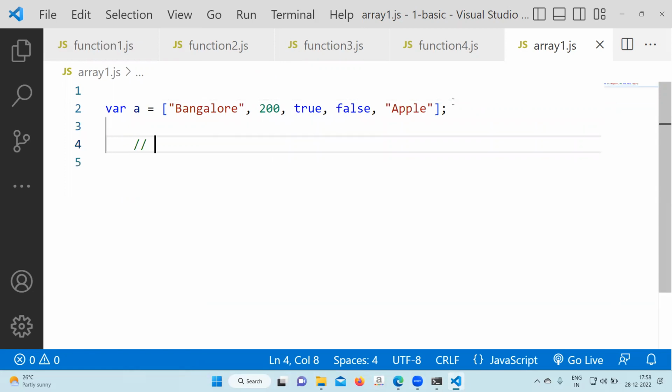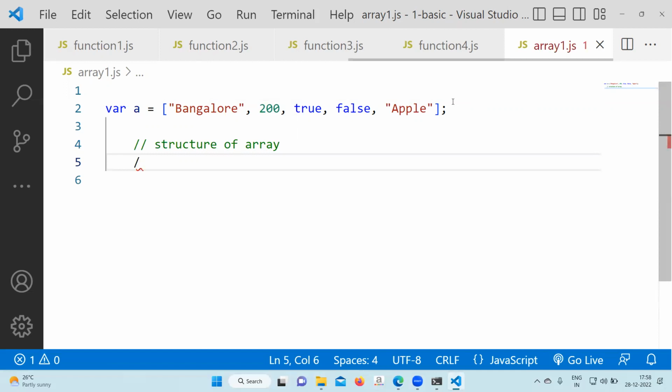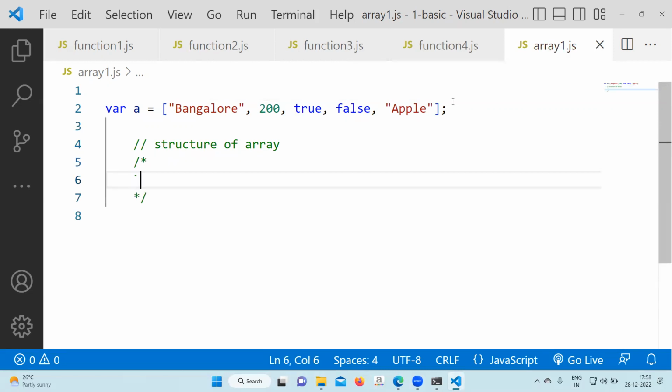Write here a comment called structure of array. We can write here a multi-line comment, and inside that we can add